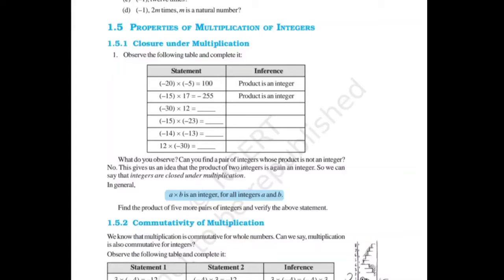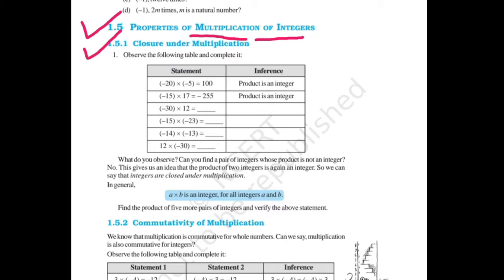The rules of properties of multiplication of integers. In this closure property under multiplication, students, we have already seen in previous standard 6th all the properties: closure property, commutative property, associative property. So see, in this property,